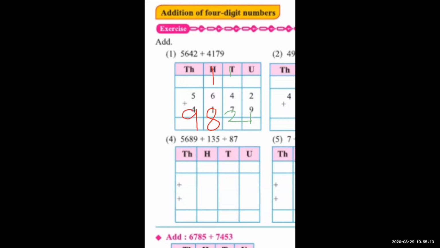You want to count with the help of objects. If you are not able to do the addition directly, then you want to do it with objects. You want to draw 5 objects in your notebook, after that 4 objects, then you want to add them there. Okay. Now, we will go to our next sum.